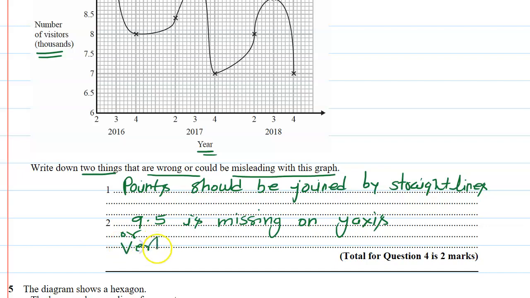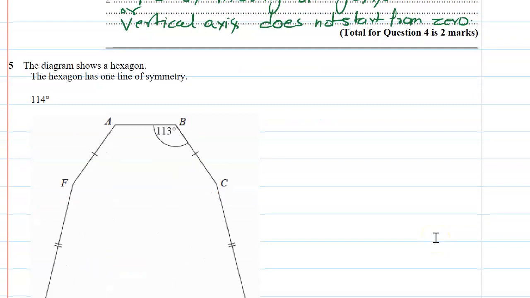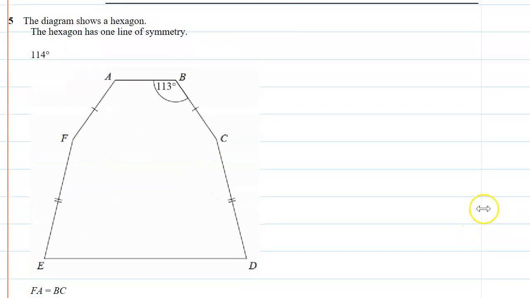So let's write down here, vertical axis does not start from 0. Okay, now next question, the diagram shows a hexagon. Hexagon means 6 sides, and the hexagon has one line of symmetry. So definitely this will be a line of symmetry here. Hexagon has one line of symmetry. Okay, and this side equal to this side, and this side equal to this side. Now what they are saying,